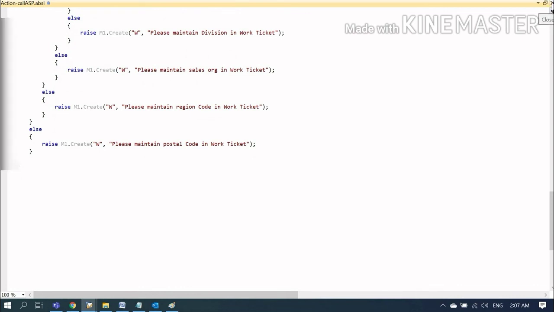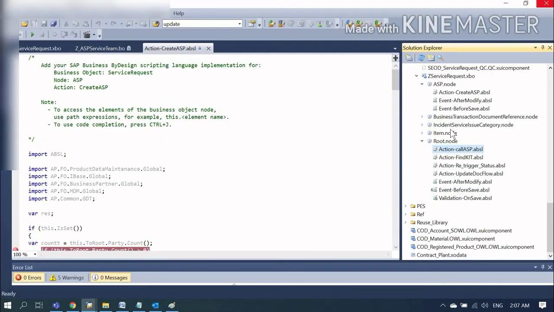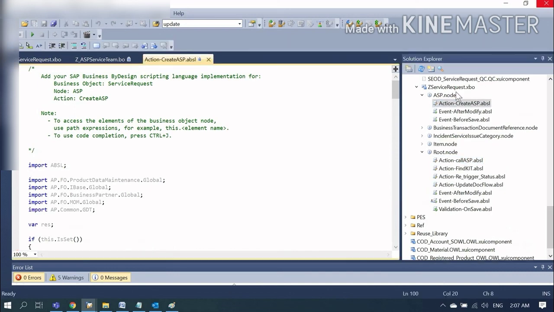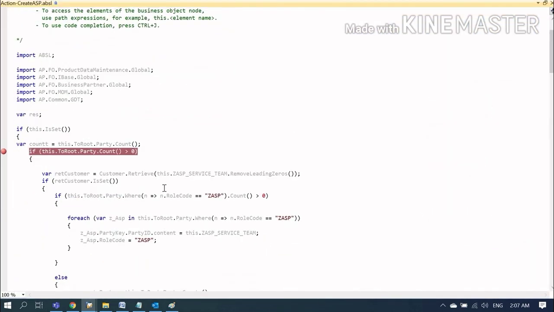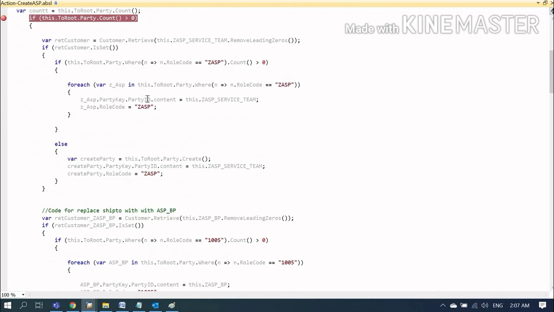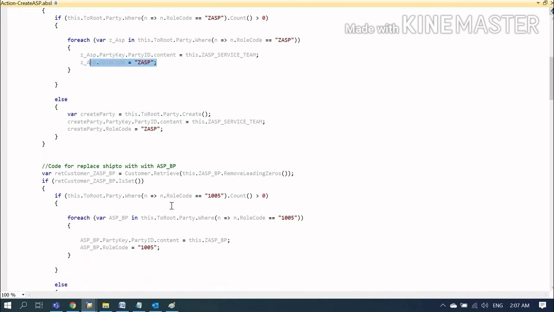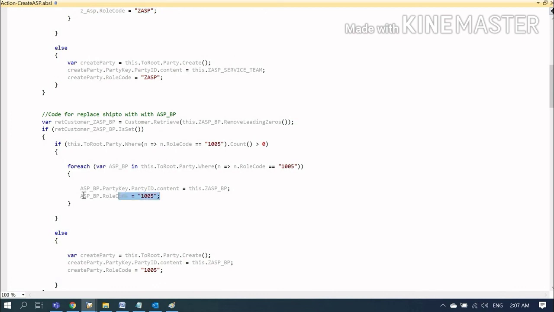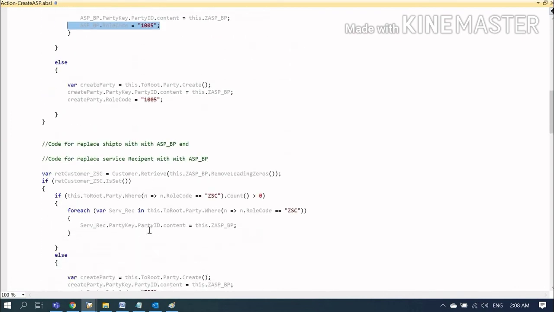Now come to the create ASP code. You can check here, I have created the create ASP in this ASP node. You can see here some involved parties we have created in this involved party tab, like ASP, like ship to, like we are creating a service recipient.